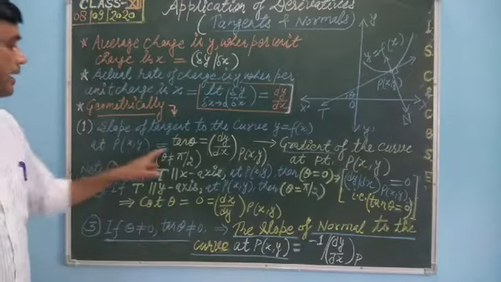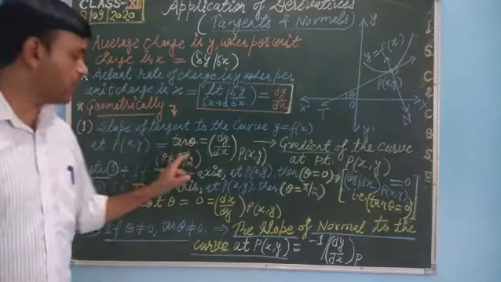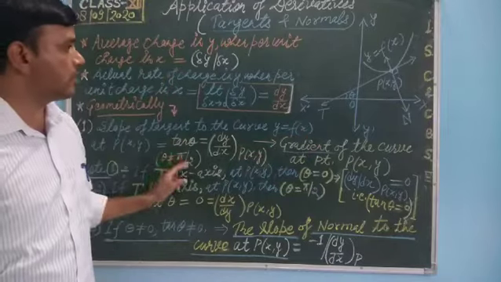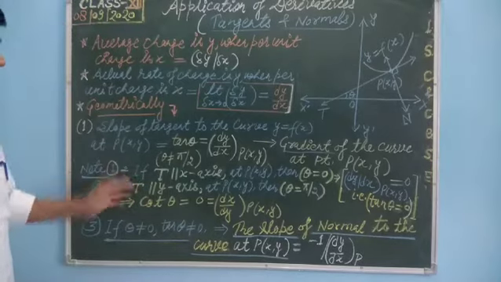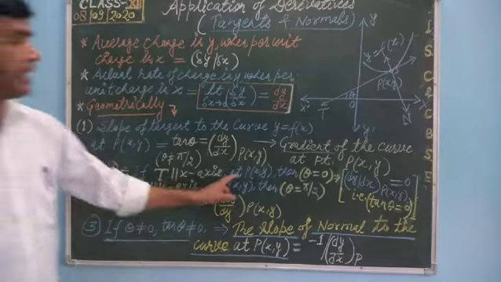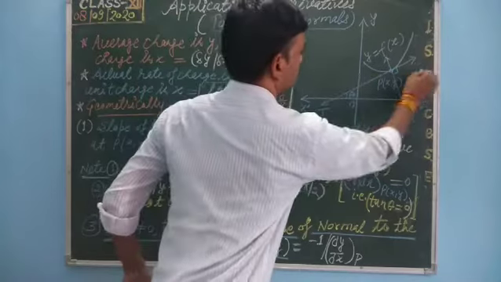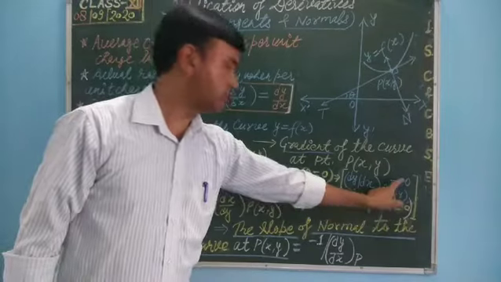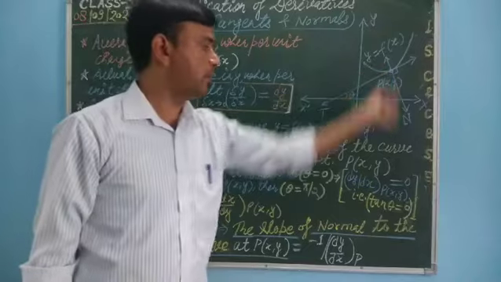Here you know that theta should not be pi by 2, because tan theta is not defined for pi by 2. One question may arise here: if theta is not pi by 2, then it may be other than pi by 2. So here are some points to be noted. First condition: if the tangent is parallel to the x-axis at point P(x, y), then theta is equal to 0, and then dy upon dx at point P(x, y) is also 0. It means that tan theta will be equal to 0, so the slope at point P will be 0.